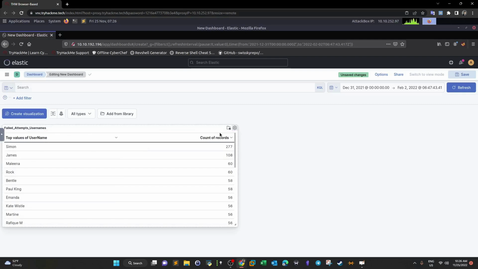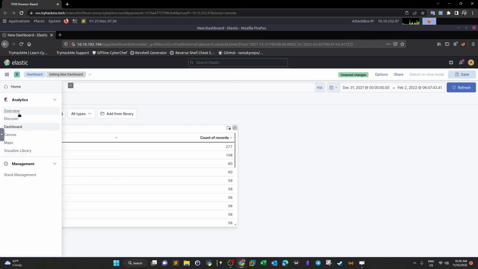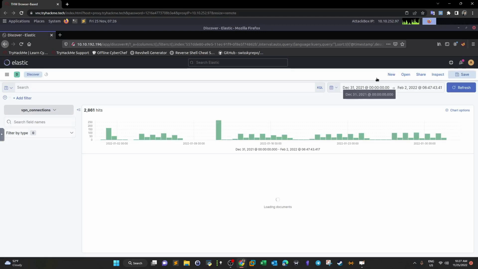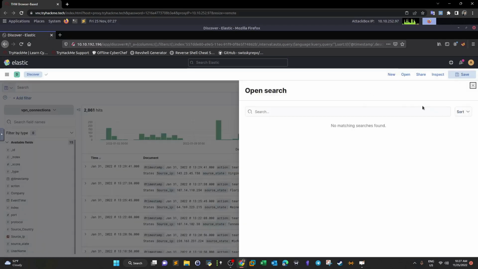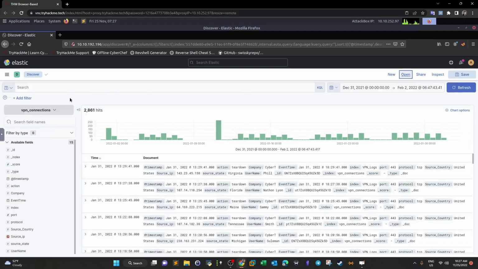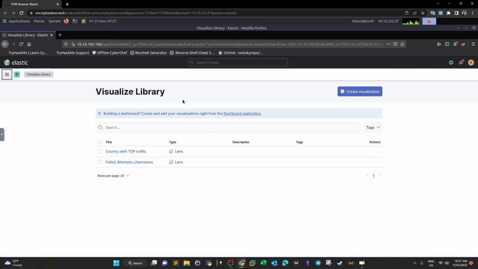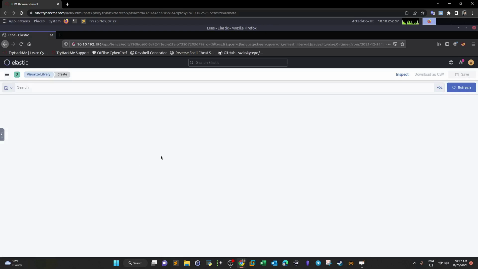and there you go, your dashboard here. The first dashboard, as you can see, is for the failed attempts usernames. Of course, this dashboard is not yet complete. We have to go back to the library and customize the visualization so that the correlation between usernames and the failed attempts is established. So what we're going to do here, we're going back to discover, and then from the library, let's see where we added this. Go back to visualize library, and we have the failed attempts. We're going to click on this one,